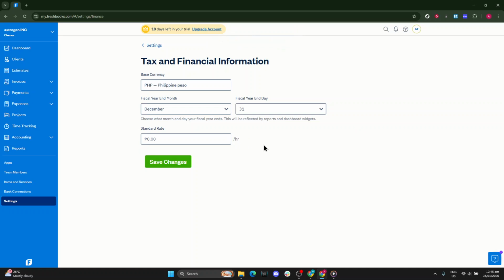If you don't see the option to edit the fields, you might be viewing with limited permissions. In that case, an account administrator can make the change for you. And if your organization operates across regions, confirm the date aligns with your primary reporting jurisdiction. That's it. You've updated the fiscal year end date by going to Settings on the left, opening Tax and Financial Information, clicking the fiscal year